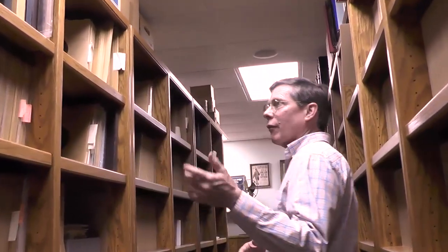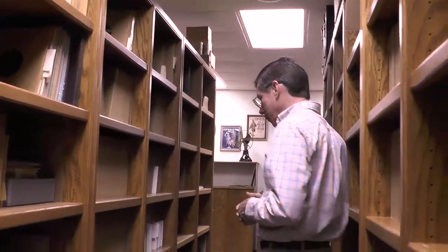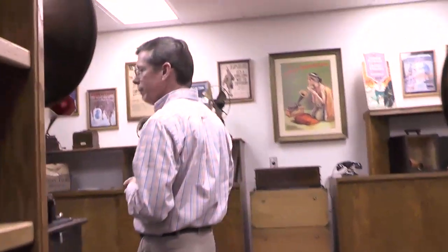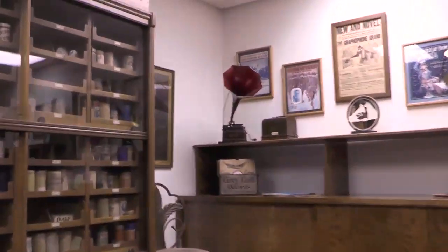So there's all kinds of stuff. There's picture discs, and there's instructional records, and what have you. Lots of really interesting things. Not necessarily valuable, not necessarily rare, but just cool. And then this last aisle